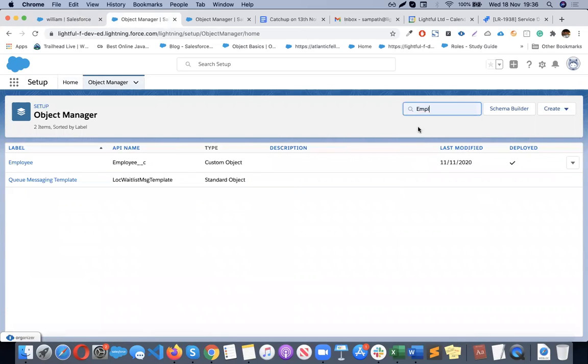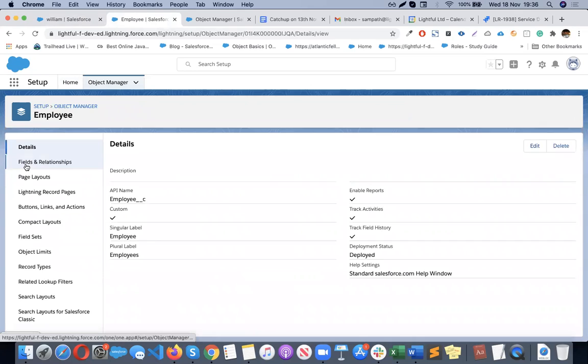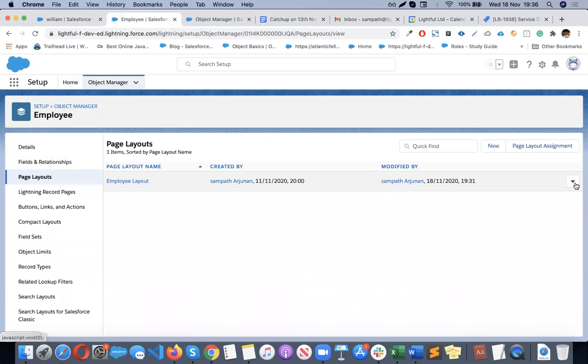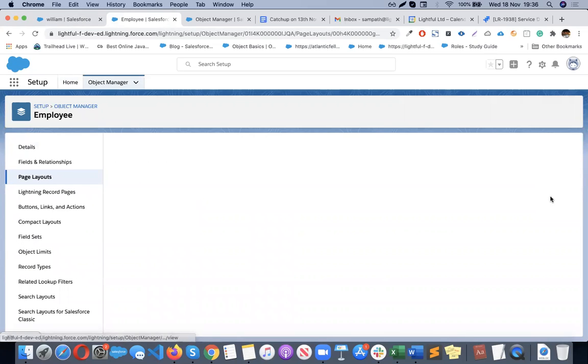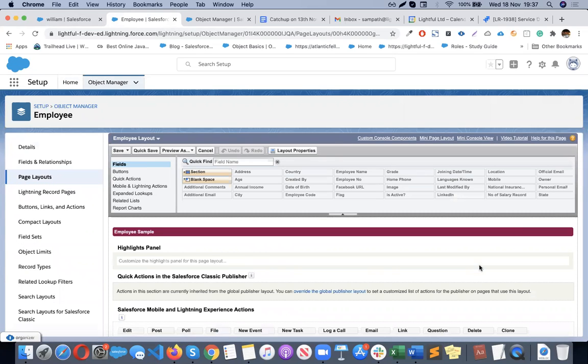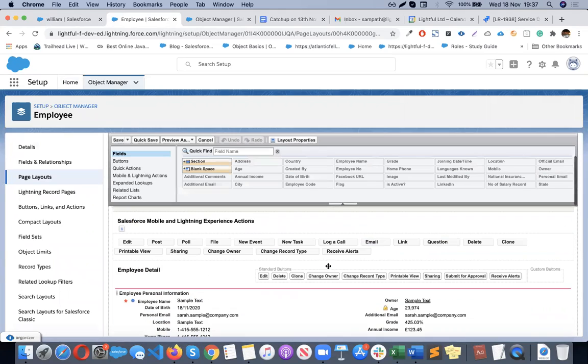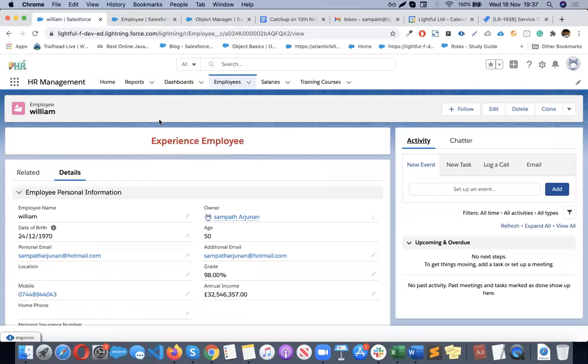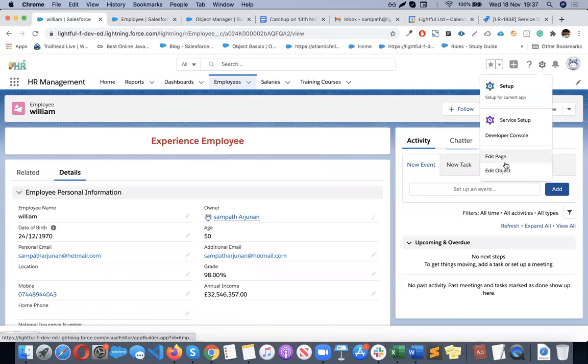Now you understood the fields, right? Like how the fields are distributed accordingly based on the component. So I will edit the layout again. Whatever fields you are putting here, like the post, poll, and files, will be distributed into the chatter. Files is again another section, like if I edit this,